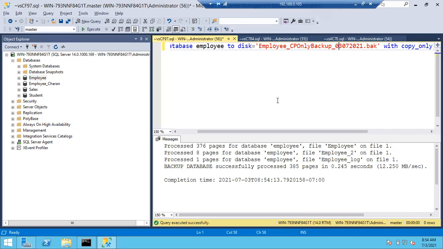Fine. So we'll discuss the tail log backup, how to take the tail log backup. In the GUI, there is no option. You cannot take the tail log backup GUI-wise. So we have only a query for taking the tail log backup, the same as the log backup command only. Okay, so what you have to do is add WITH ROLLBACK IMMEDIATELY. What is this WITH ROLLBACK IMMEDIATELY?